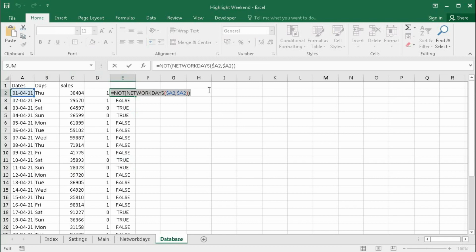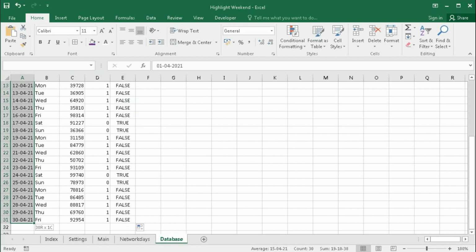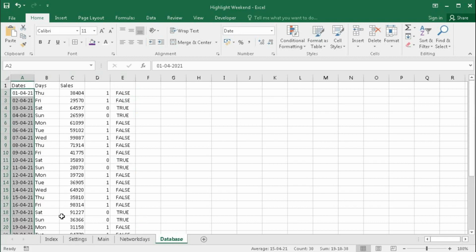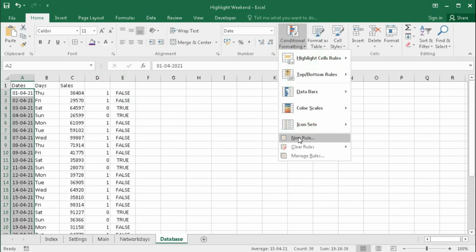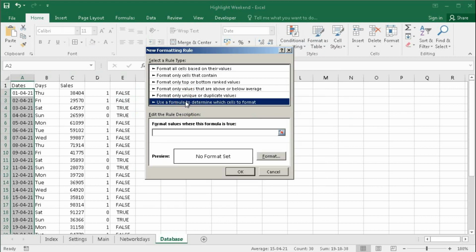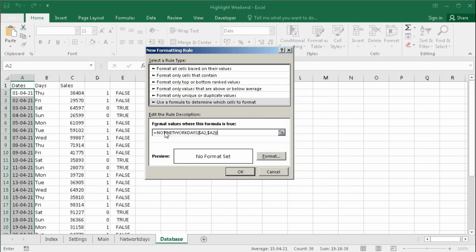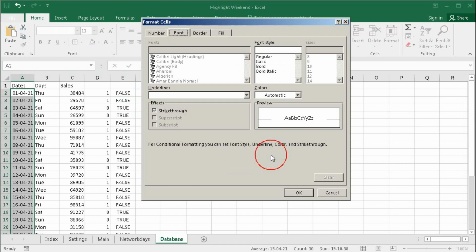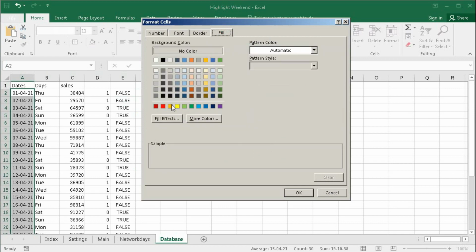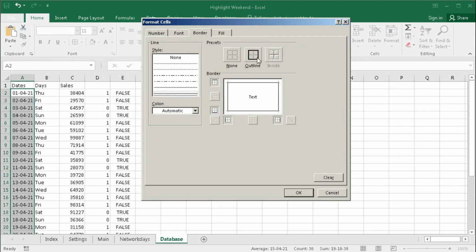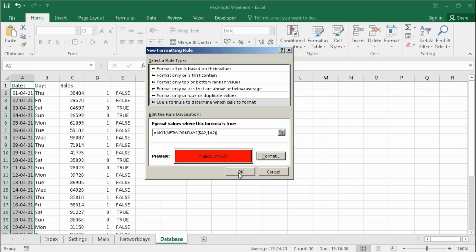So copy this, select the database, then go to conditional formatting and new rule, use a formula, and paste the formula here and format, fill it with red color. If you want a border, give a border, then OK.